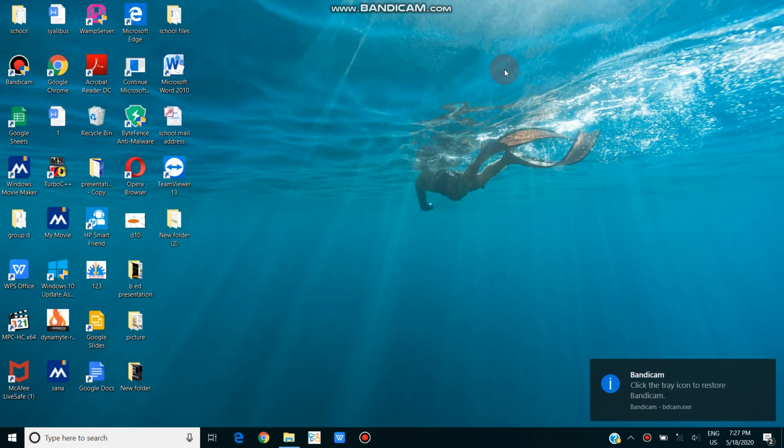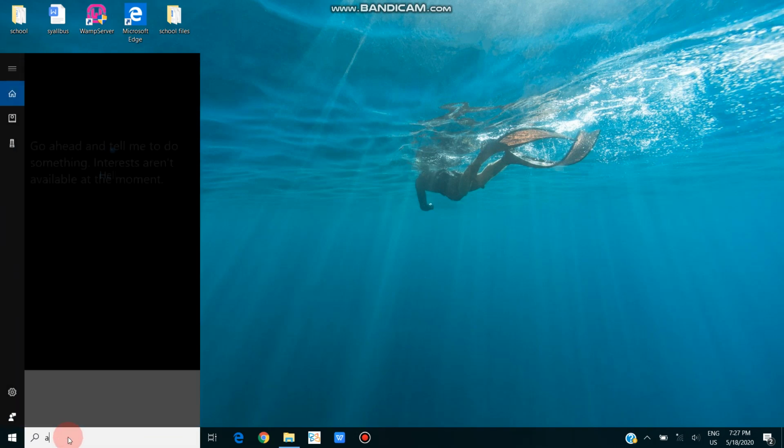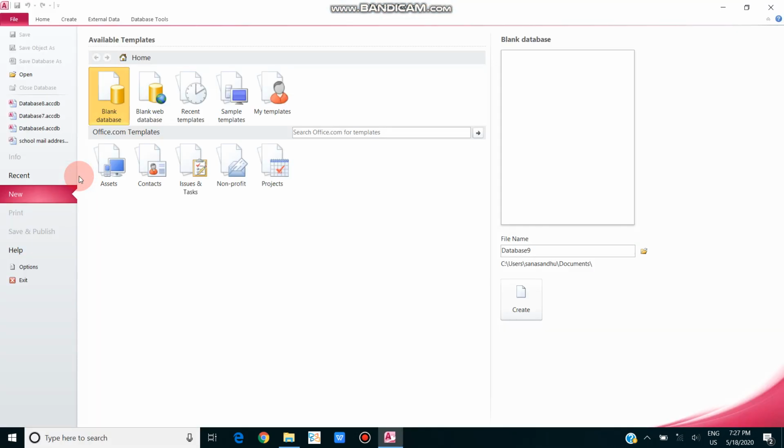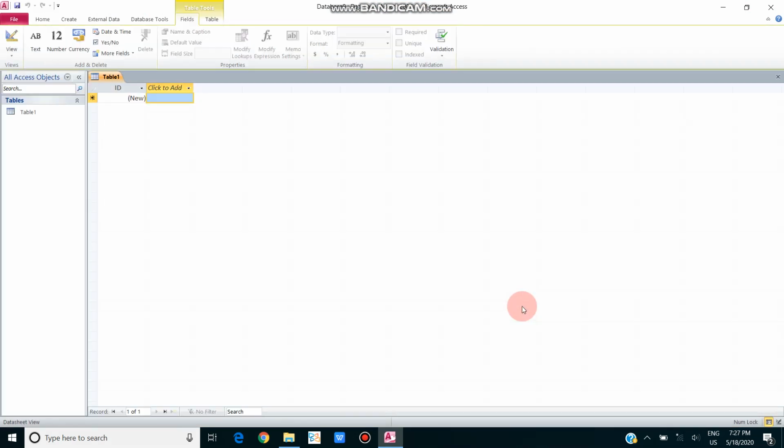So students, today we will discuss the next chapter, working with tables. Earlier, in the last chapter, we covered Microsoft Access, what it is and why we are creating tables. So first we will go to the Start option and choose Microsoft Access. This will appear, so we will choose a blank database and click on the Create option. This one should be created.